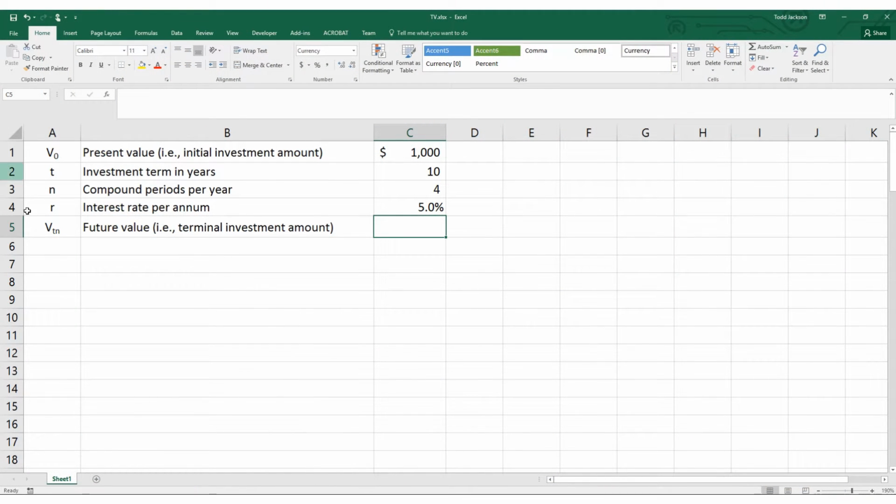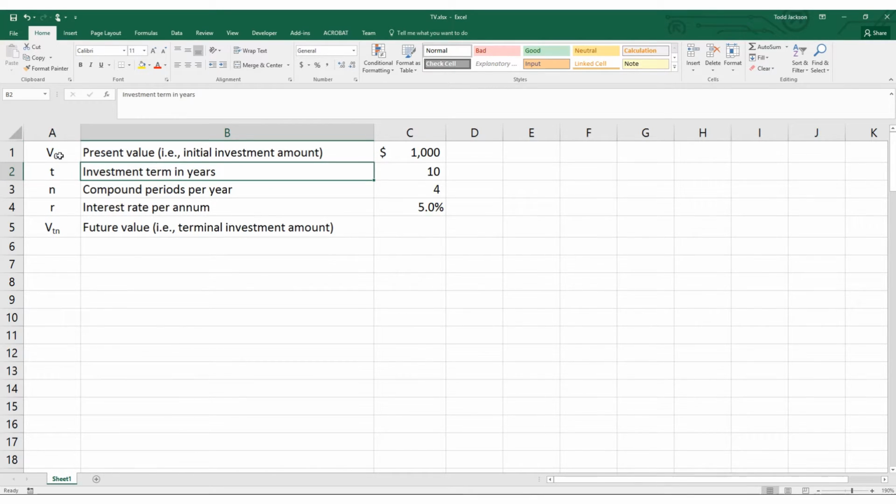So we have an Excel spreadsheet set up here, and already got a few descriptors in here, the variables that we were using in our computations before, and descriptions of those variables. So we've got V sub 0, which is our present value, again the value at time 0. We've got T, which is the investment term in years, N, which is the number of compound periods per year, R, which is the interest rate per annum, and then there's our future value, which is the variable V sub